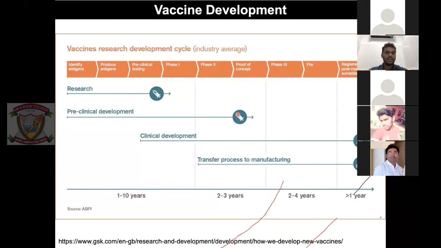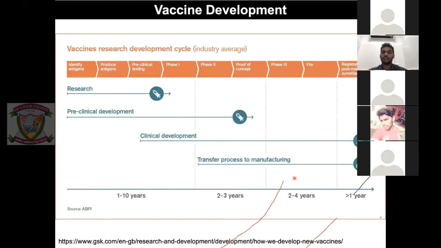Now here I'm showing you the timeline of vaccine production. Basically, initial research takes up to 10 years sometimes, for the phase 1 trial itself. Preclinical testing research itself takes nearly 6 to 7 years. Then the preclinical development comes. That goes up to another 2-3 years, which is 13-14 years. Then there's clinical development, which means from preclinical until the end: registering, marketing, and surveillance.